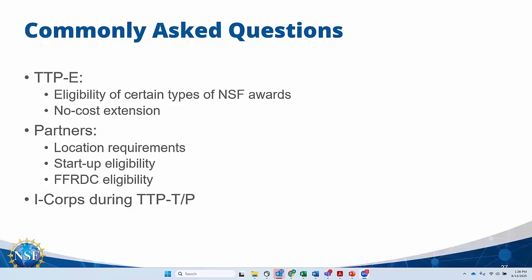So folks and PIs who've never had translational funding prior to this. So large-scale NSF awards, things like IUCRC, ERC, would not be eligible or would not be high priority for us since we're anticipating a large number of inquiries in terms of TTPE. Also, RAISE grants and the other ones that I mentioned earlier are also ineligible for TTPE.